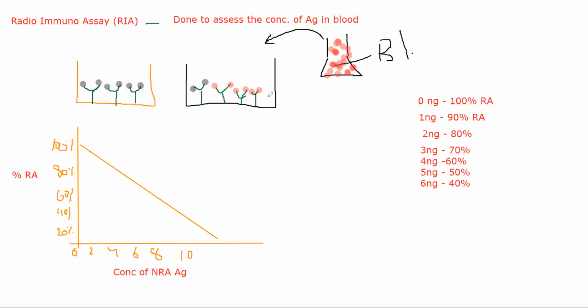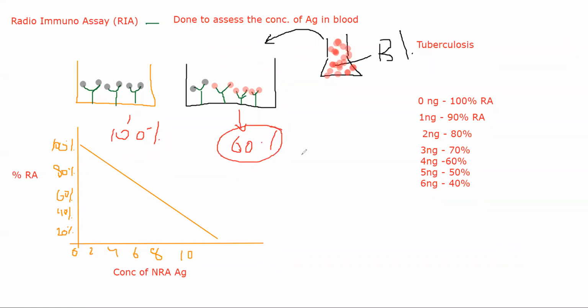This is the tuberculosis ka antigen. So let's suppose this patient had TB and you are pouring that blood sample into the well. What I will do after this is, now initially यहाँ पर 100% था ना radioactivity, because all of them were radioactive. Here I will measure the radioactivity of this well now after adding the tuberculosis sample. Let's suppose the radioactivity is 60%, meaning 40% radioactivity decrease हो रहा.